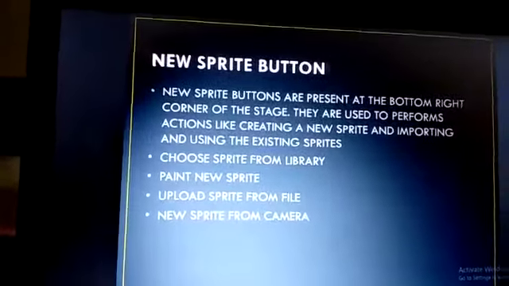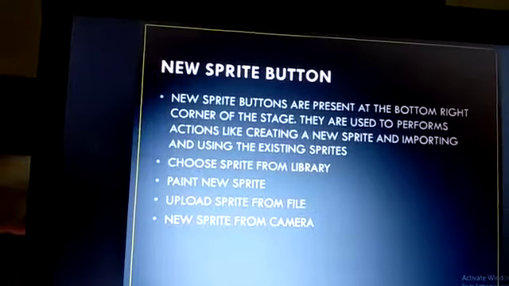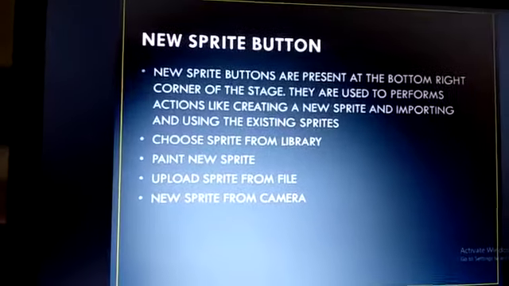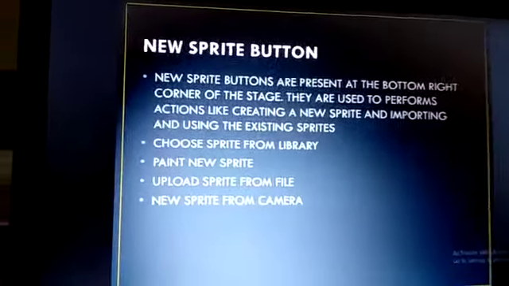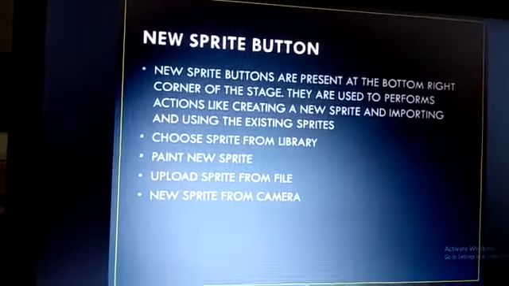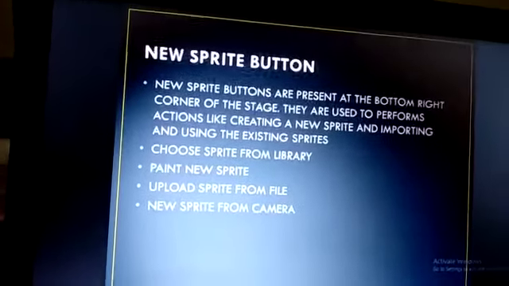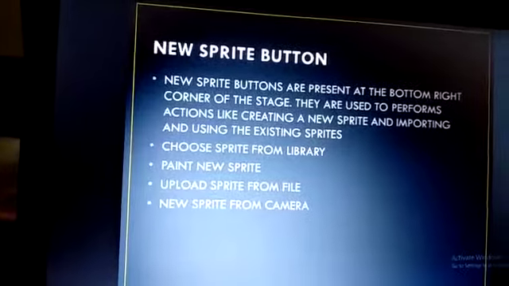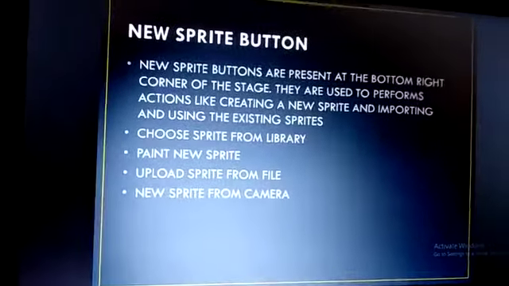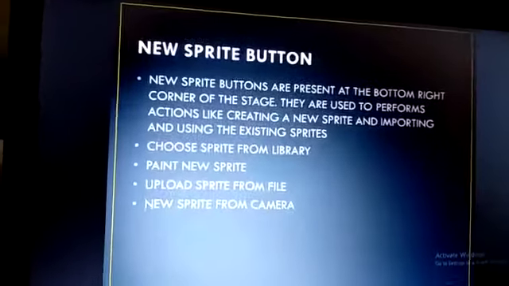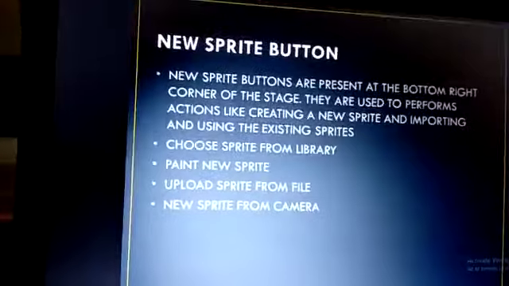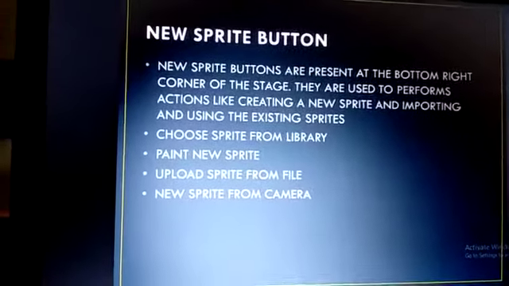A library is full of books. In a computer, what is a library? Suppose we have a photo library, songs library, videos library, and from that library we choose a photo or a sprite from the image library. In the image library, all different types of images are there, and we have to choose one from them.